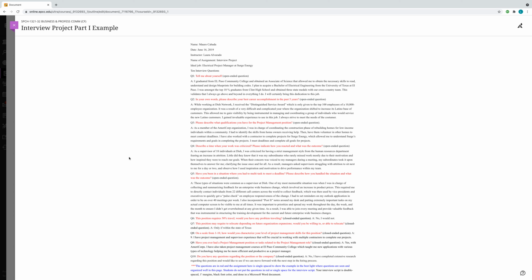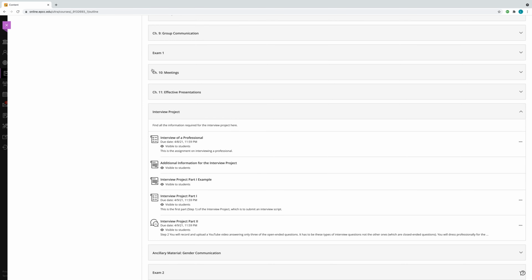Now here it says I put them in red so they can kind of stand out, but when you do your document, the questions are not in red. But you have to, for the interview, it's called the interview script. For the interview script, you have 5 questions that are open-ended and 5 that are closed-ended. Open-ended questions allow for more elaboration, more explanation. Tell me about yourself, what are your strengths, what are your weaknesses. Then closed-ended questions are yes, no responses. So you have to write out the question and then write out the response to it, right? And so this is what you're doing for the interview script to go ahead and help you prepare for the YouTube video that you're going to do of yourself answering these interview questions, right? So that's the first one.